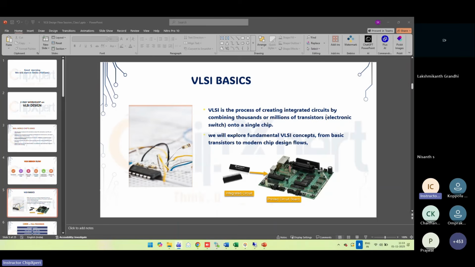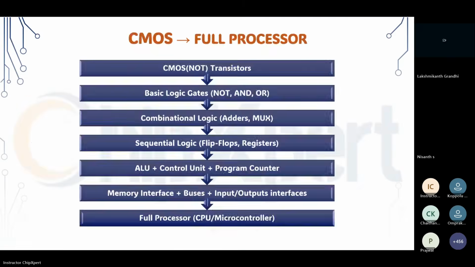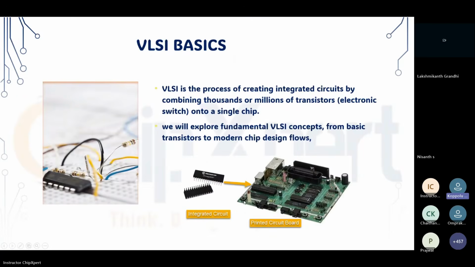Is it audible now? It's audible. Someone has muted me, probably. Please don't unmute me, you're going to miss time because we have only 2 hours. So where did you miss from? From the basics, sir, when you shared this image, your voice was not audible.